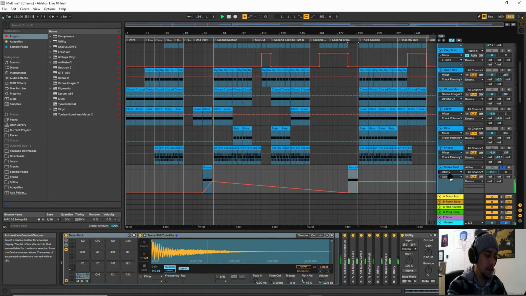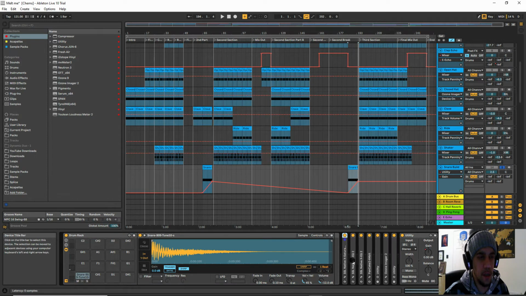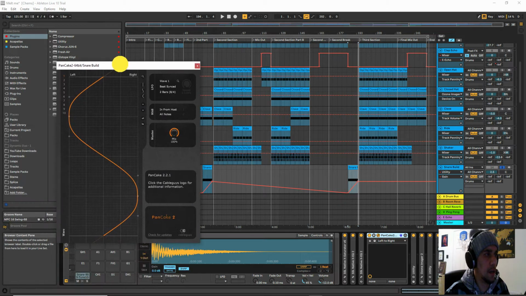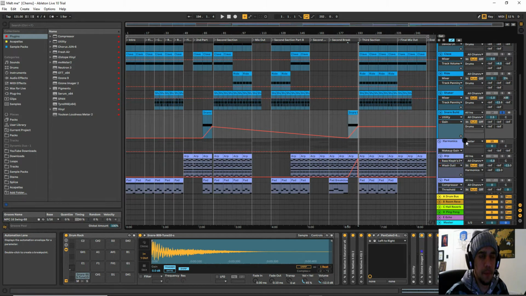So utility, bringing the volume up gradually, but also again we've got the standard EQ and saturation on there, but I've inserted this handy little plugin called Pancake, so it's panning it left to right, again giving that swirling effect. Of course, Ozone Imager on there as well, and as we move to the melodic parts,